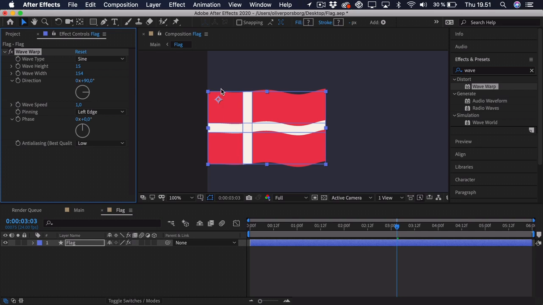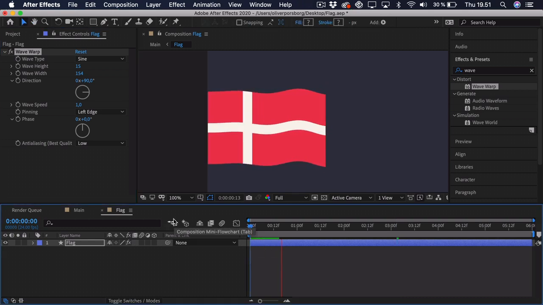So you can see it has changed a lot, as it isn't waving at the start, but it slowly starts to wave more and more towards the other side. So we can try and play this back, and you can see that it's now pinned. So this looks alright for now, but we are going to adjust some more settings. The wave speed is quite good as it is, I think, but we're going to look a bit at the